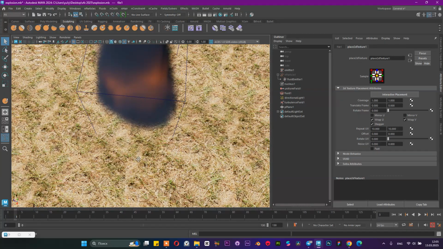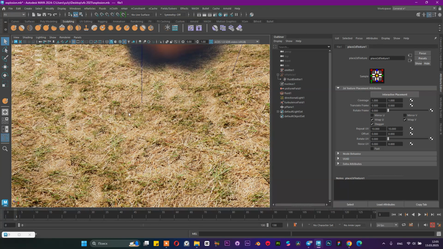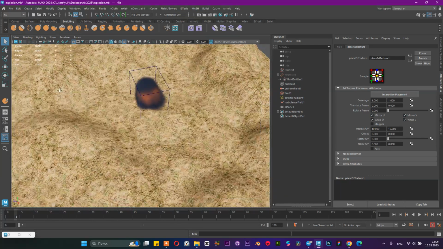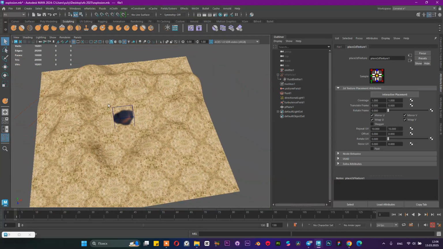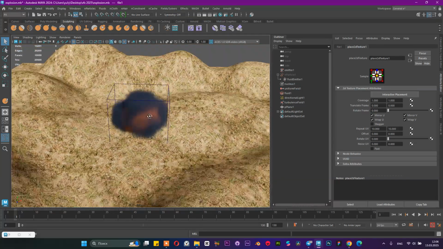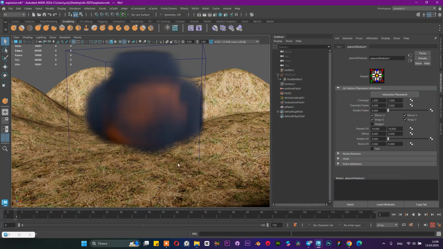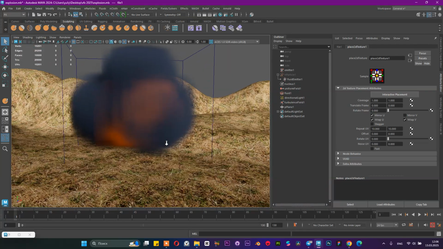But I think it's not really good seamless because I see these artifacts here. This is the borders of the texture. Maybe we can use mirror U and mirror V. And now we can see the pattern, but if we look closer, it's more natural and not like a pattern. Maybe something like this. Yes, this one is more